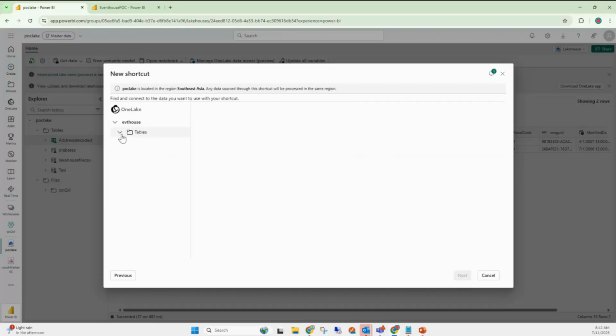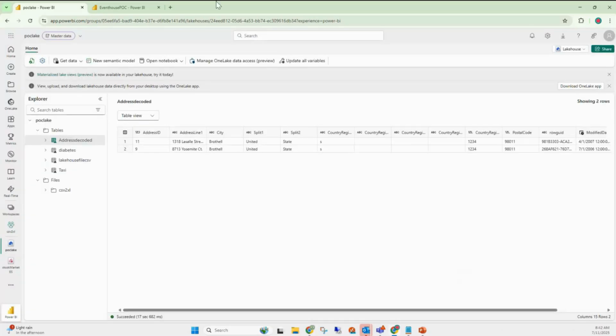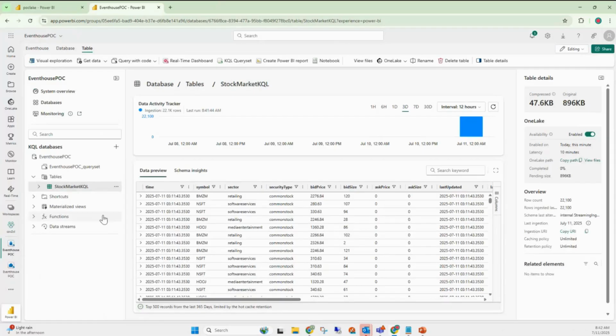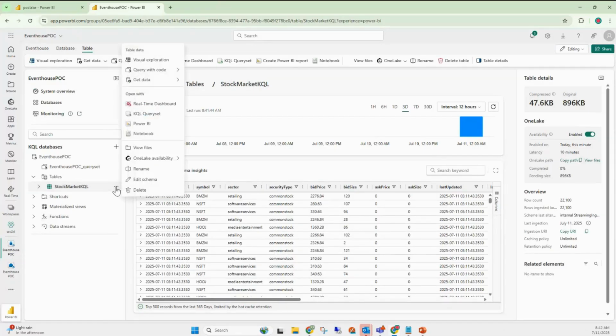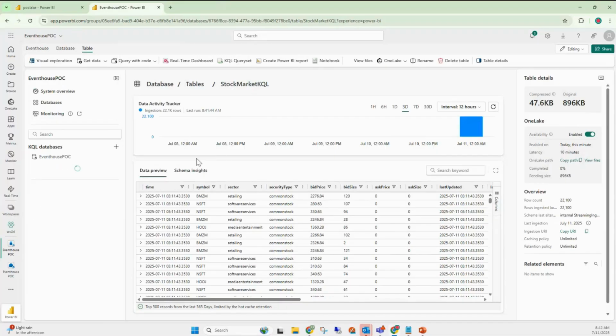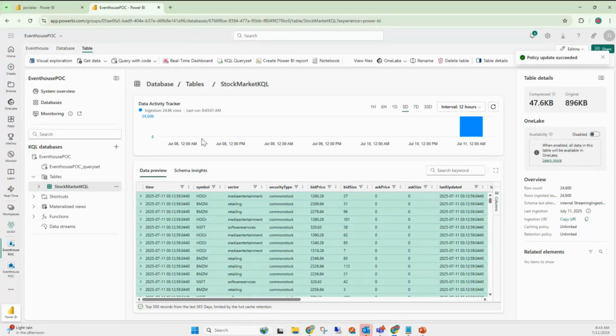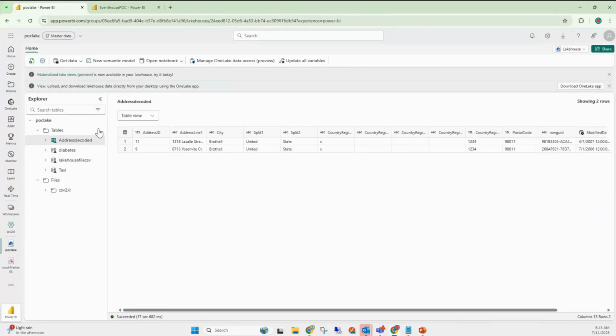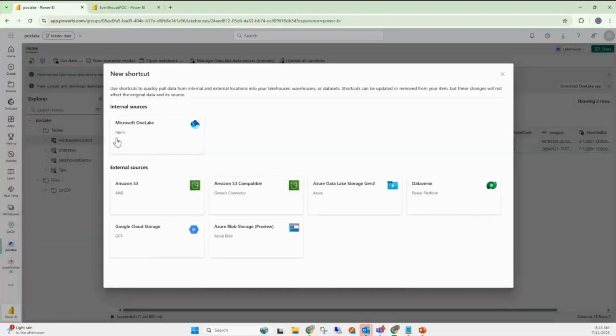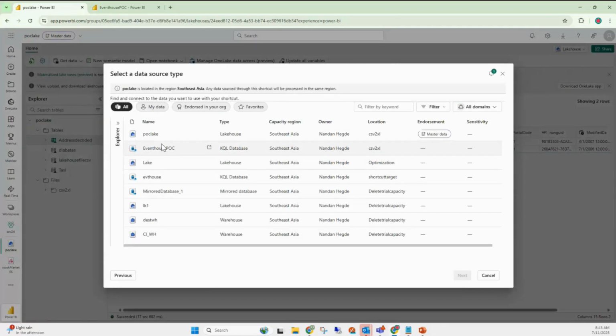Here, if I select the corresponding tables, I am not able to see any table. Let's understand why. If I turn the OneLake availability off, it purges the corresponding data that has been available in OneLake. So in case I go and try to create a new shortcut, OneLake,